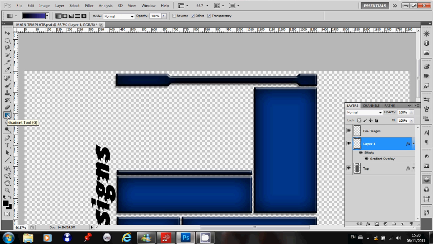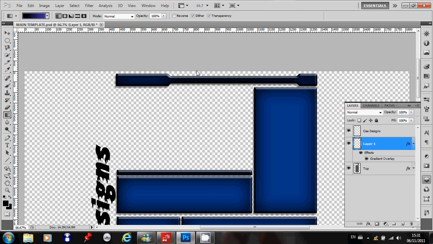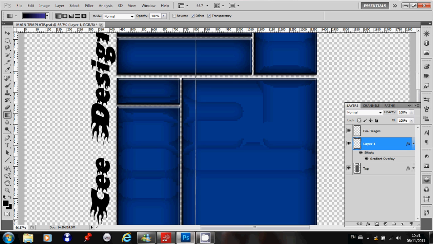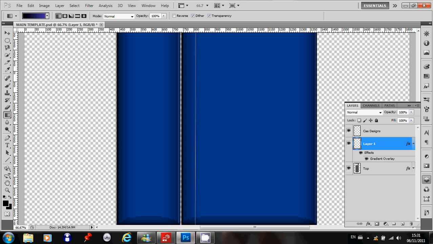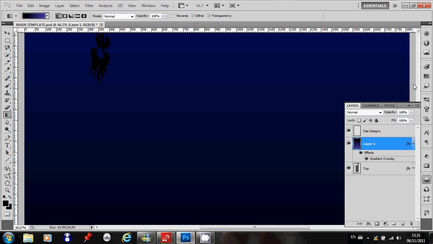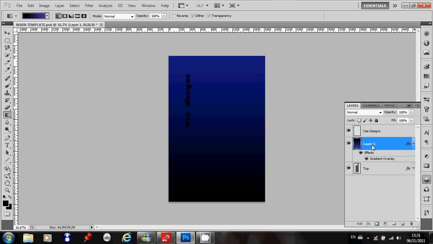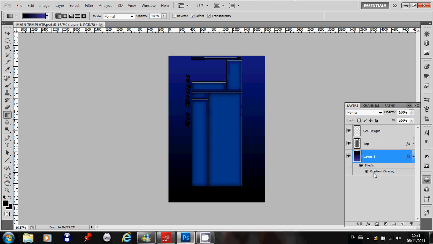Oh sorry, no, you go over here to this gradient tool. When you have your new layer clicked, you go over here, and up there the color that you're after picking should be there. You can change the color to wherever you want, and from there you can just click anywhere and drag it down through the whole thing. And as you can see, I'll zoom out and just drag that layer underneath to the bottom,